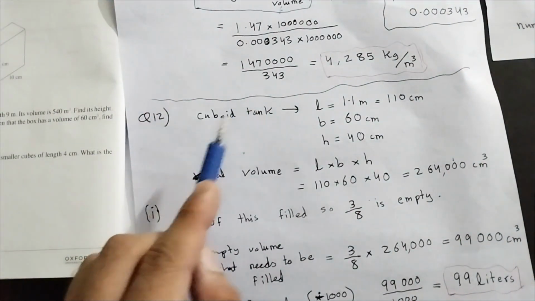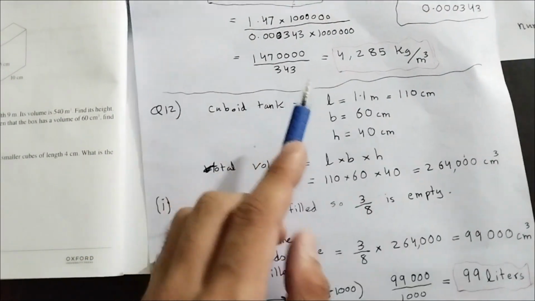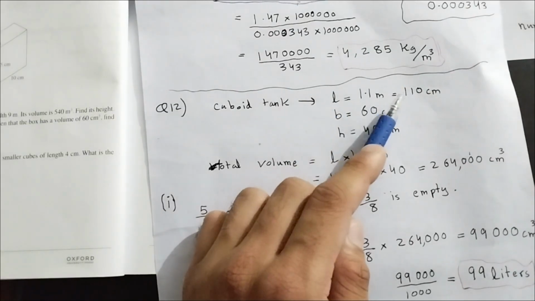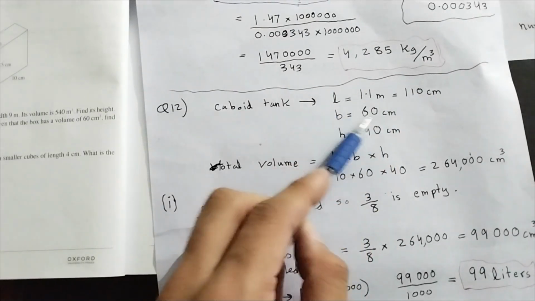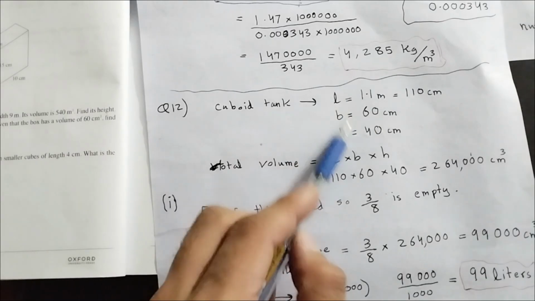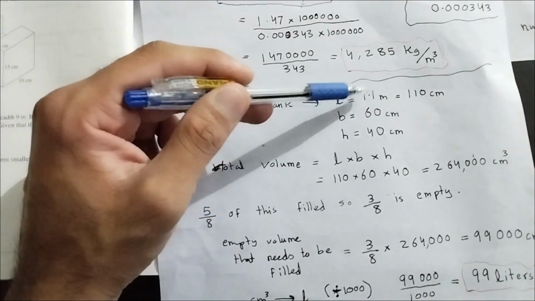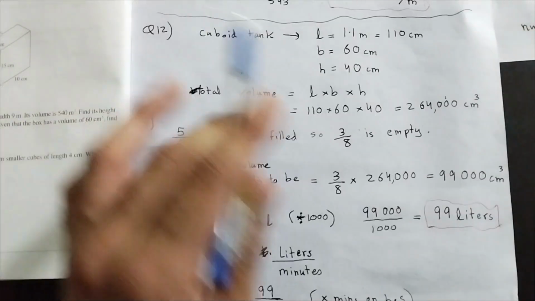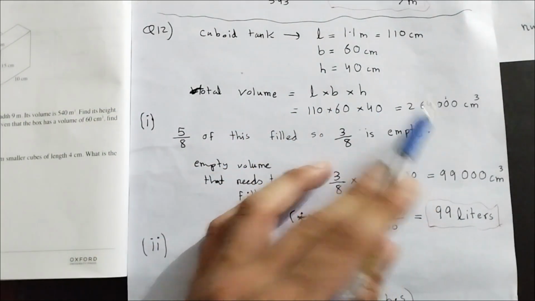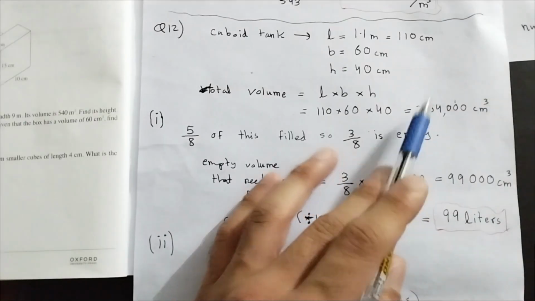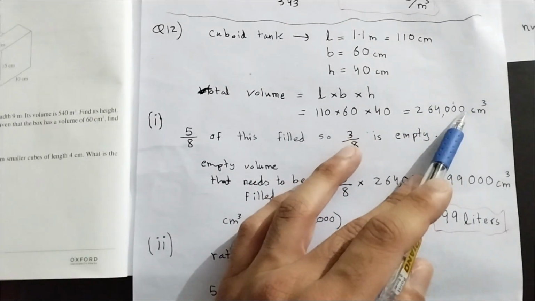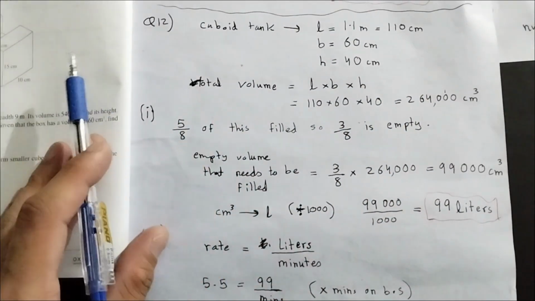it's a cuboidal tank. Length is given, breadth is given, height is given. I'm just going to convert the length from meter into centimeter, so that, as I told you, length, breadth and height need to be in the same unit, right? So they have to be in the same unit. That's why I converted the meters into centimeters. Okay, just simply multiply them. You will get the total volume of the cuboid tank in cubic centimeters, right? Then what we need to do,